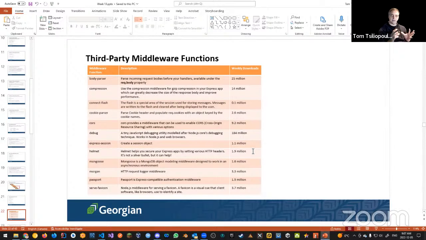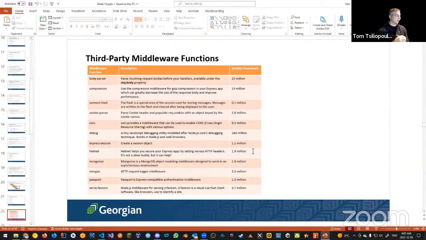And any body, for example from a form, if I have a form that I want to process on the back end, that's what Express is amazing for, because we can get information or requests from the user and then do something with them on the server and do some really great things. So body parser is a very popular third-party middleware function that we can use in our code. Compression allows us to compress our actual application itself to make it even faster.